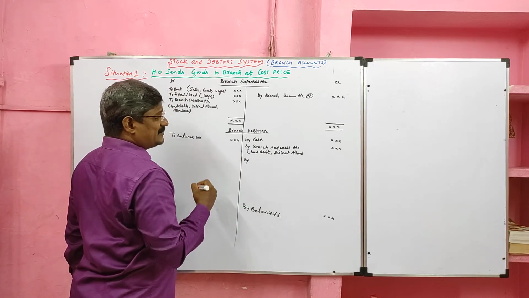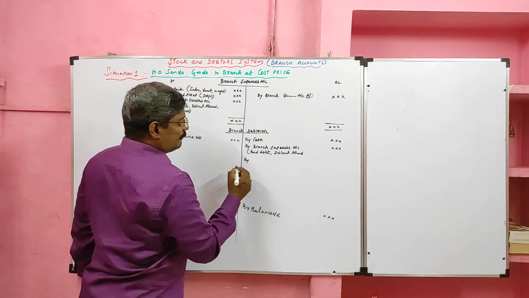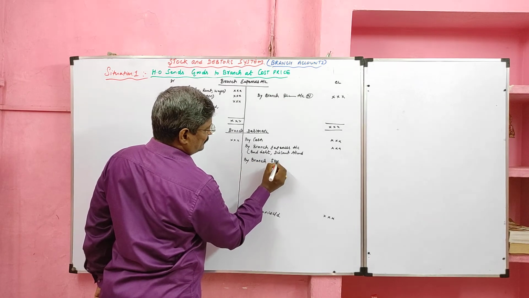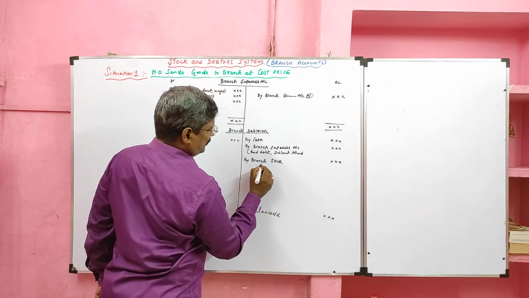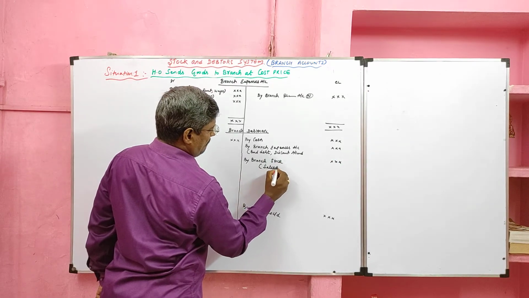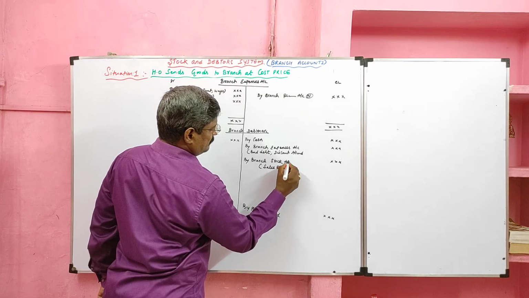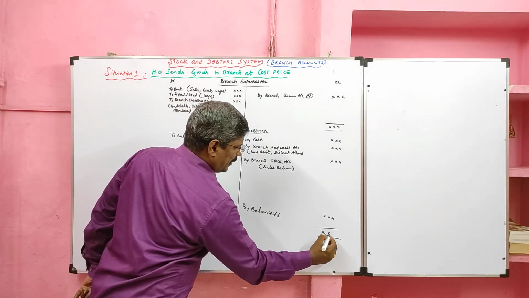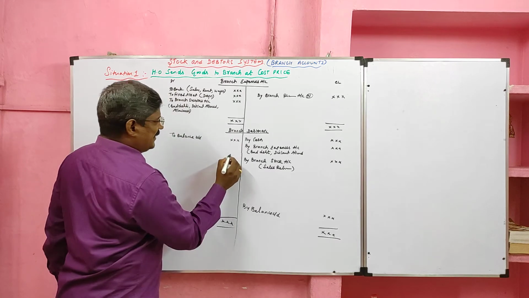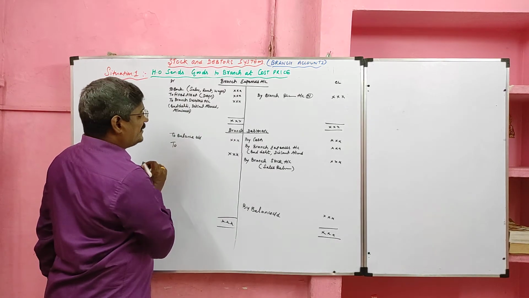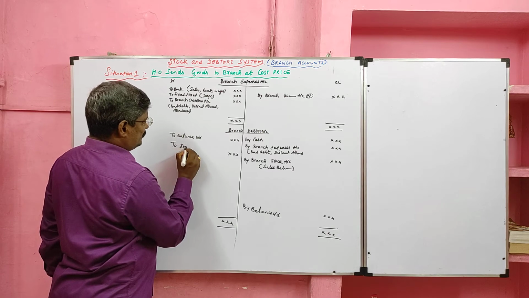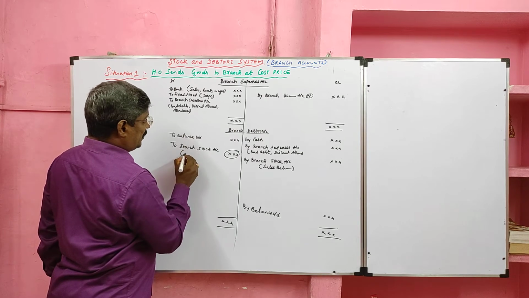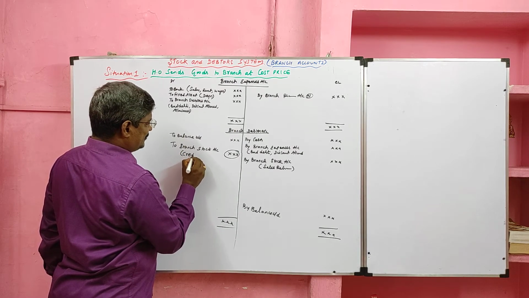Then when the debtor returns goods to us, that we call sales return, we should not write as sales return, we should write as branch stock account, in the credit side of debtor account. Generally, the branch debtor account is prepared to find credit sale. We will write credit sale as branch stock account. So we will not write credit sale, we will write as branch stock account.